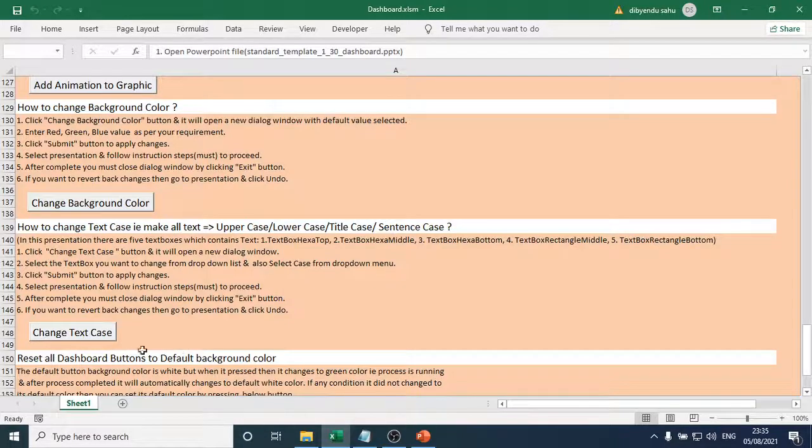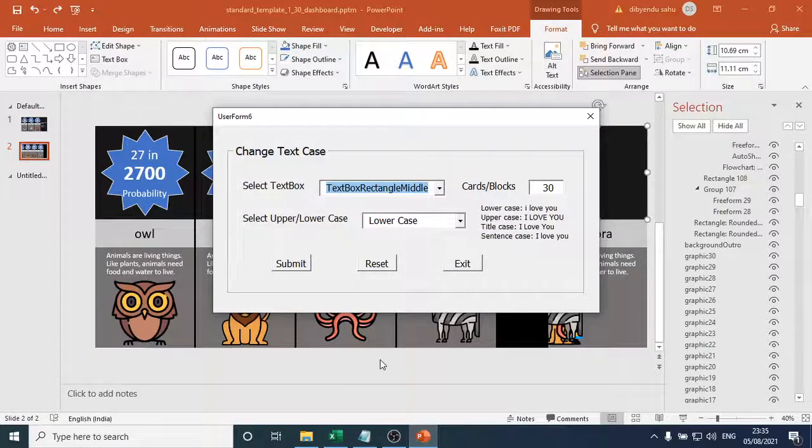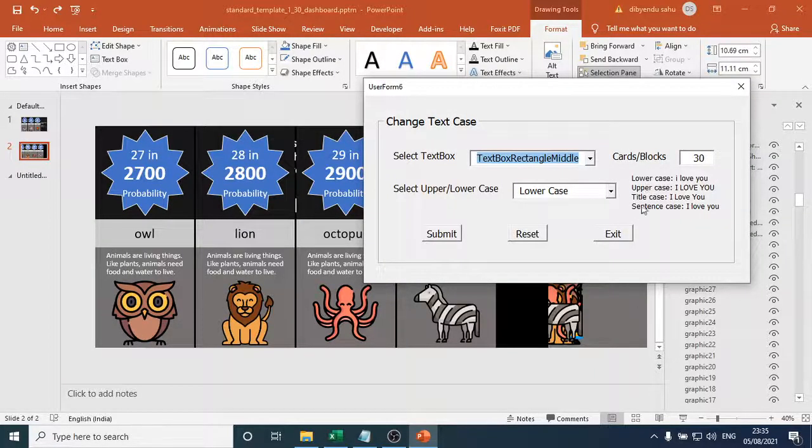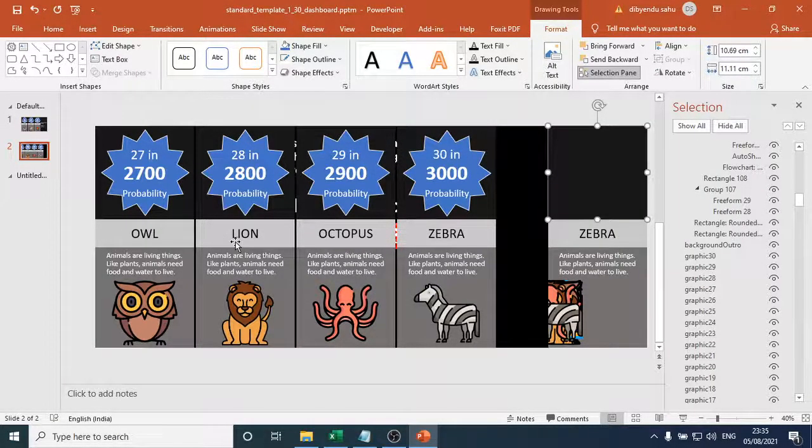Now see, change text case, it's good. If you want to change this text, it's lowercase, so lowercase, uppercase, title case and sentence case. I will make an example here. This is text box rectangle middle. Select this, card distance block 30, it's lowercase by default, I make it uppercase, see the magic, it's all uppercase. So you don't need to go to an Excel sheet and do all this job,